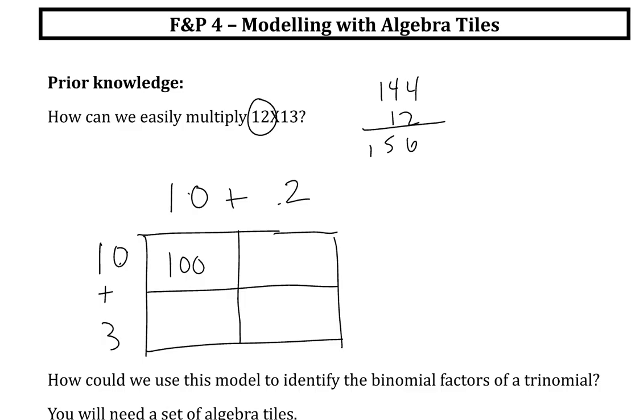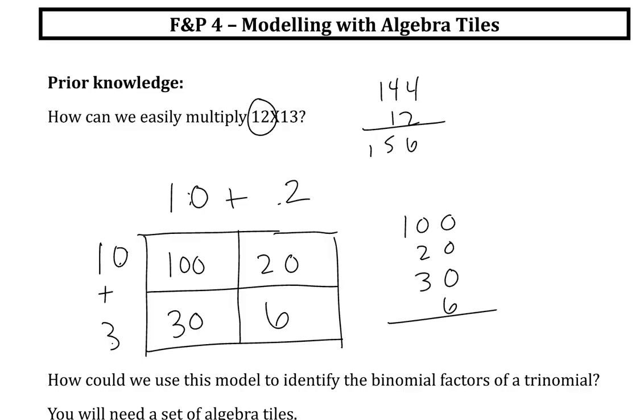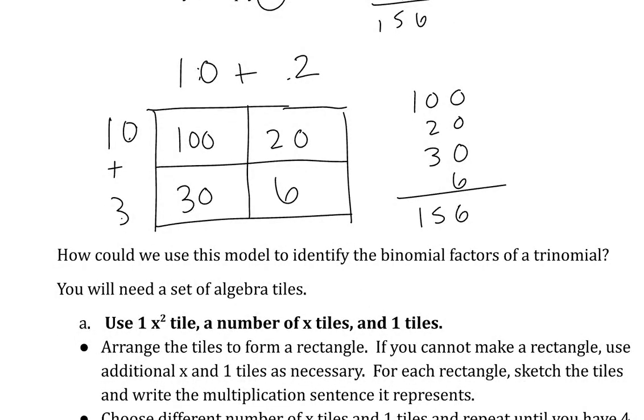10 times 2 is going to be 20. 10 times 3 is going to be 30. And 3 times 2 is going to be 6. If I add all these things up, 100 plus 20 plus 30 plus 6, I get the same thing. I get 156. It's a pretty neat visual way of